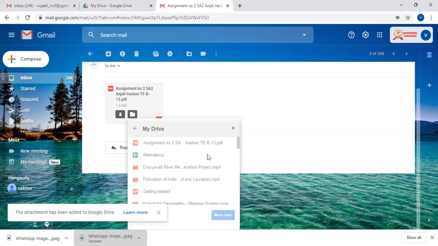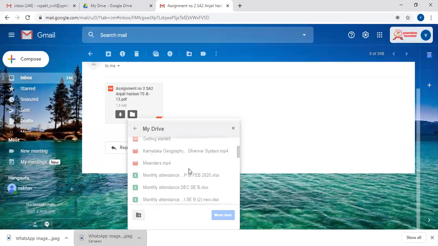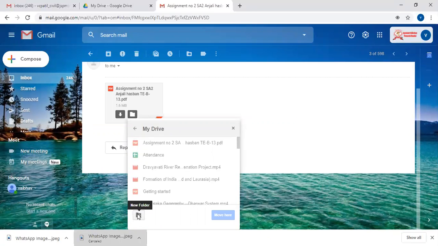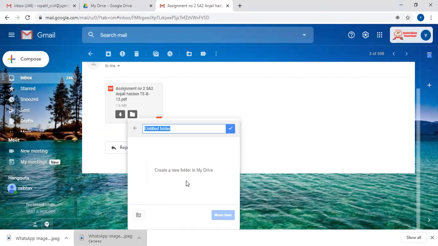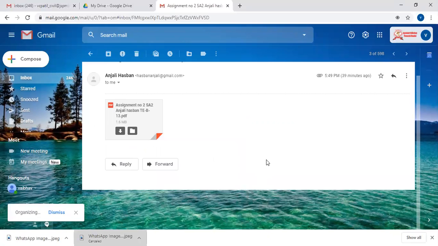Organize. If you want, create a new folder. Like this, I'm creating a new PDF folder here, VC Patil or VCP only. Then make it correct and move here.